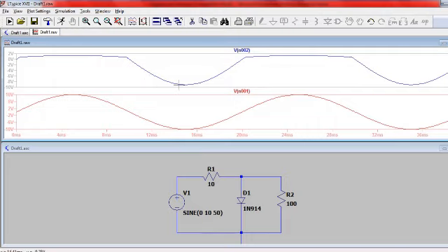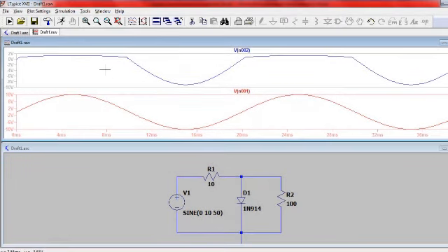If you have a look at the input and output voltage, the input voltage is touching the 10 volt line here, and it is touching the minus 10 volt line here. The output is not really touching the line. We have calculated the value already. The value is something different. If you go and check this value, it would be 9.09 volt.